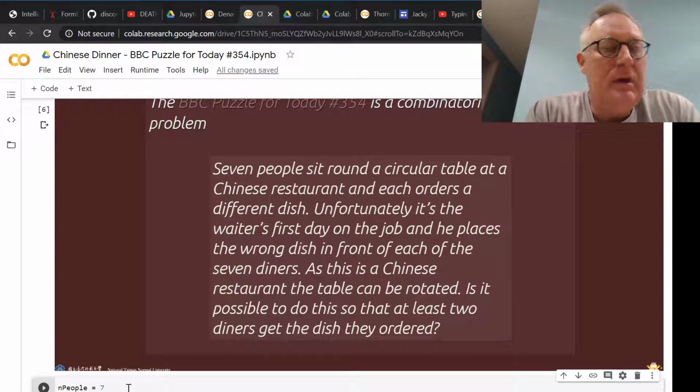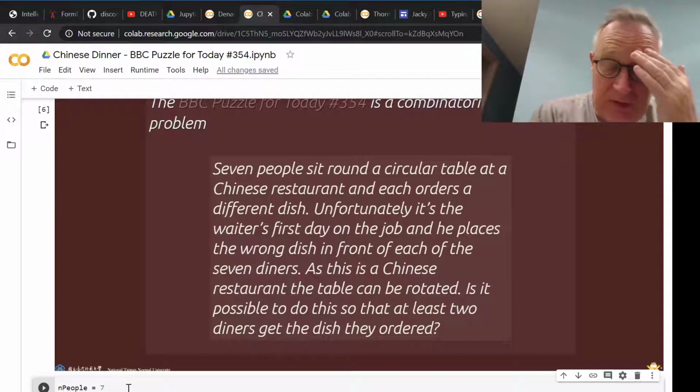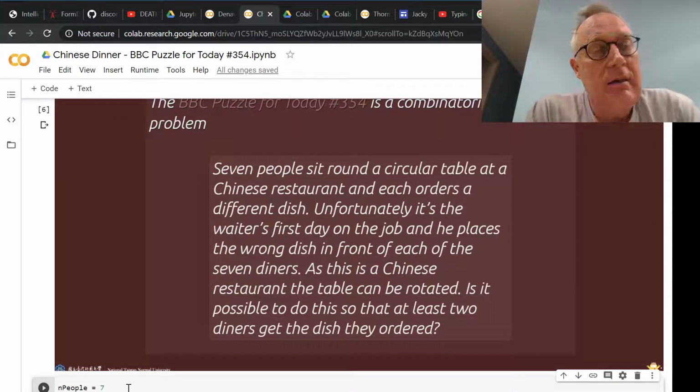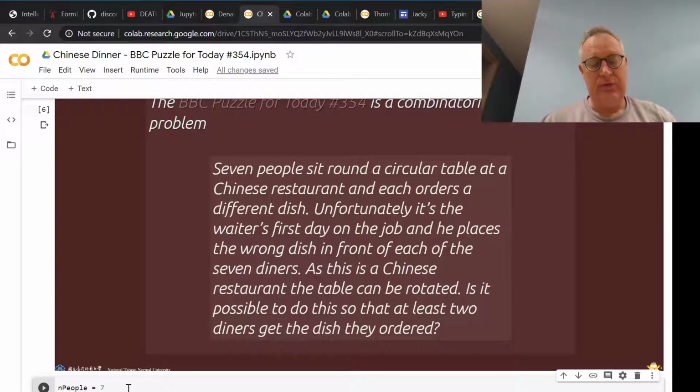The only thing that we need to know is who ordered it. So the dish labels will simply be the index of the people sitting at the table. So dish 0 will be the dish that person 0 ordered, and dish 1 will be the dish that person 1 ordered. So in this case, an order would be represented as